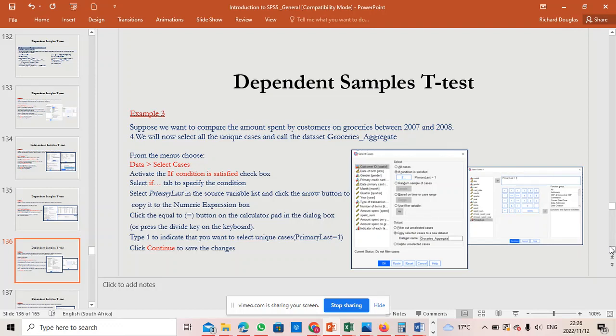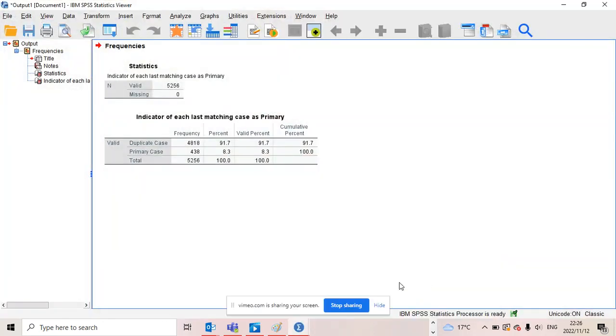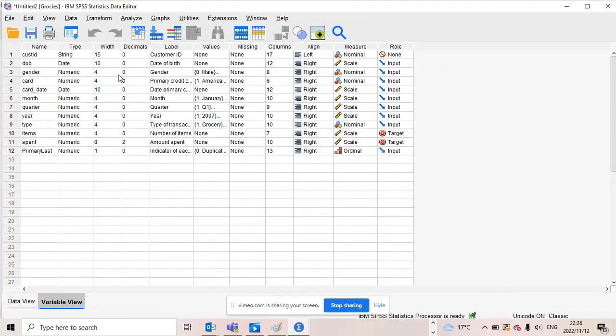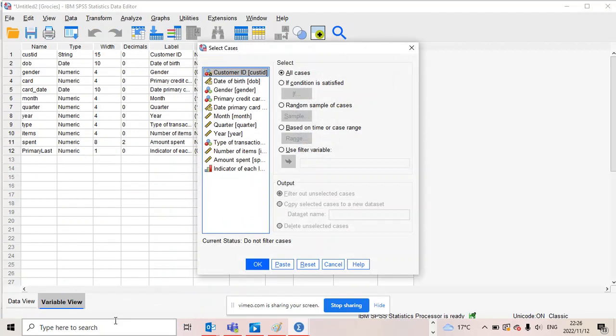So what we need to do, we need to go back to the data set, then we need to create a grocery aggregate. So here you click if conditions,